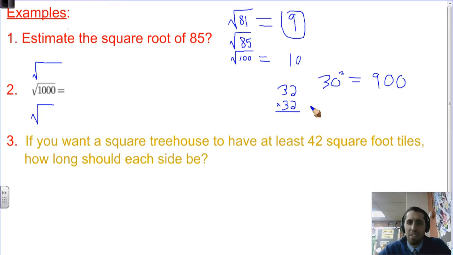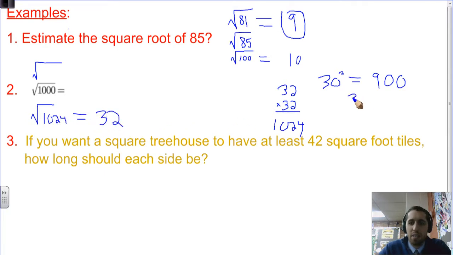And then if I had 31 groups of 32, it wouldn't be 960, but it'd be 992. And then 1 more group of 32 would be 1,024. So I know that the square root of 1,024 is going to be 32,